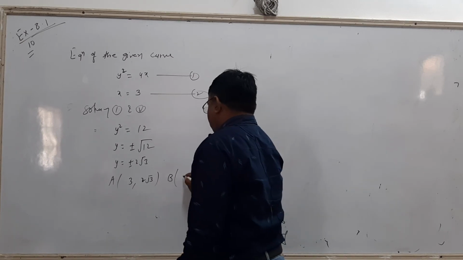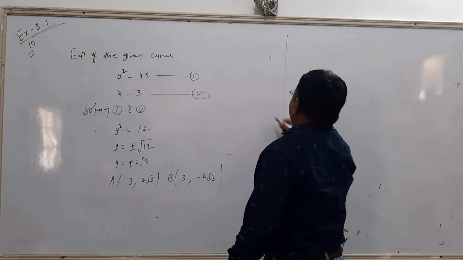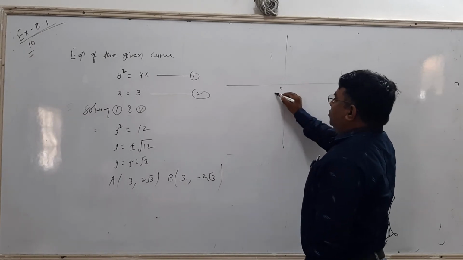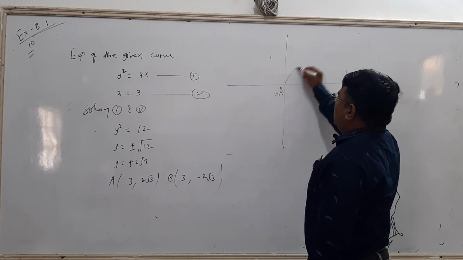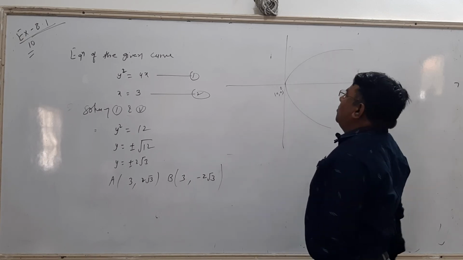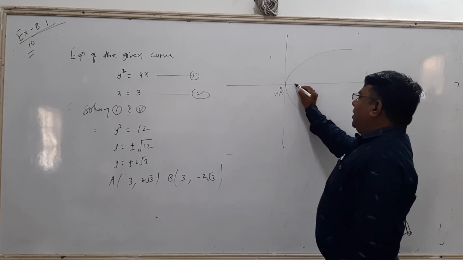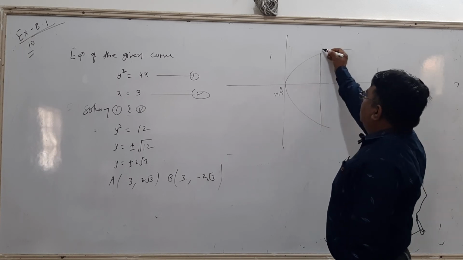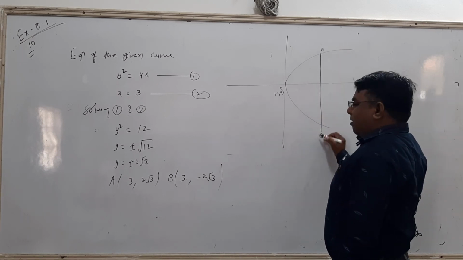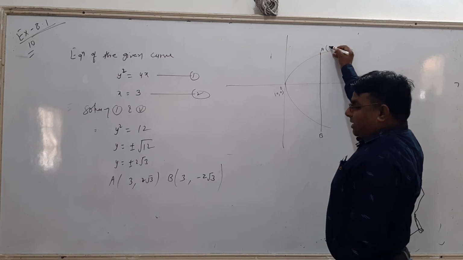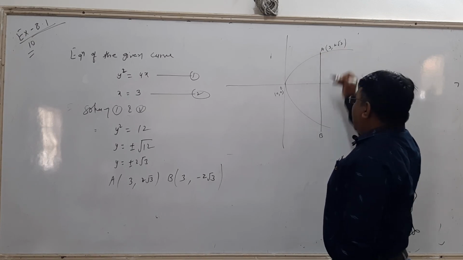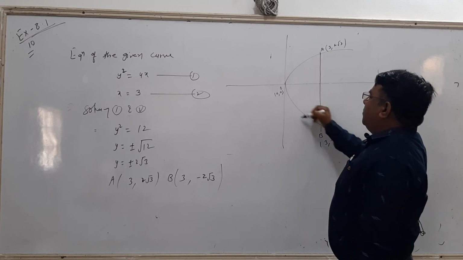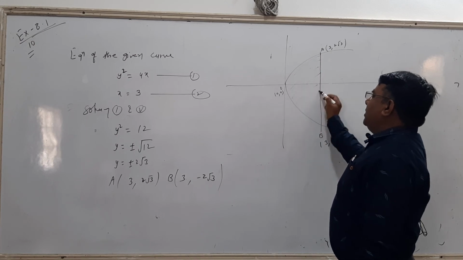Then draw the diagram. This is the right hand parabola, y square equals to 4ax, vertex is 0, 0. To draw a parabola we need only the vertex, this is vertex 0, 0. Line x equals to 3, 1, 2 and 3. This is a line, a constant line parallel to the y-axis. Then AB is a line. Point A is the intersection of the parabola, that is 3, 2 root 3, and the other point is 3, minus 2 root 3. Find the area between the parabola and the line.